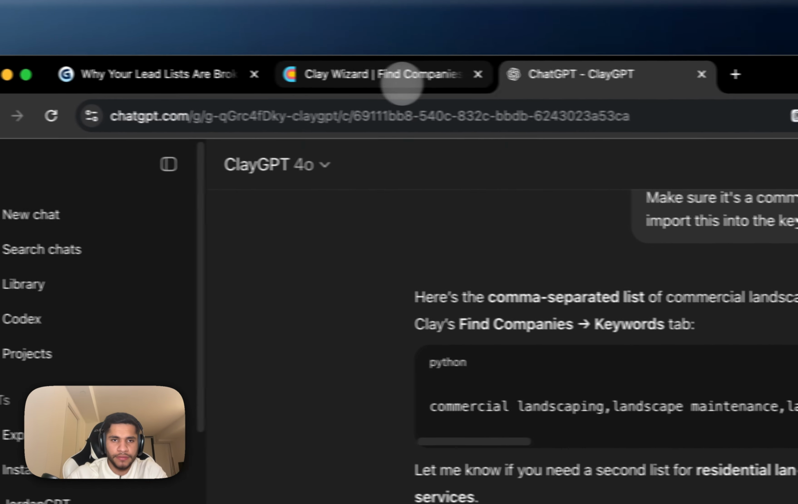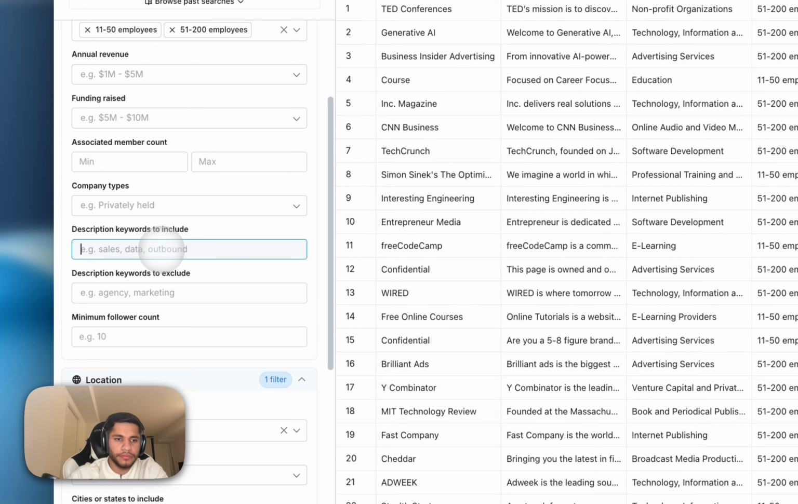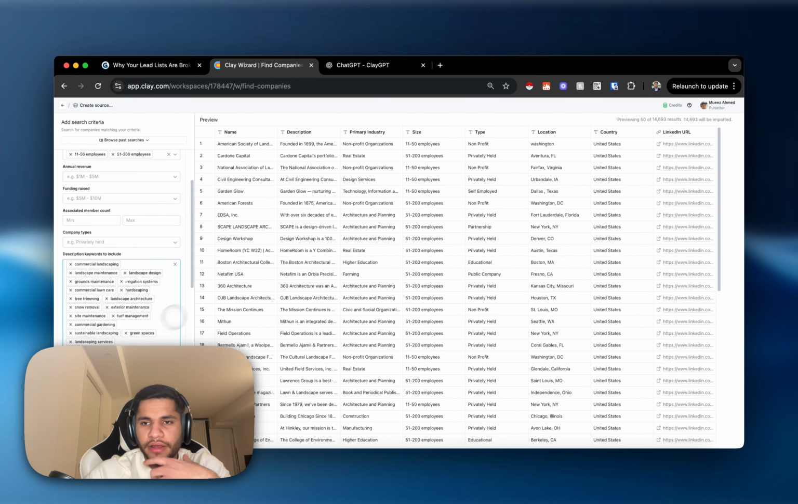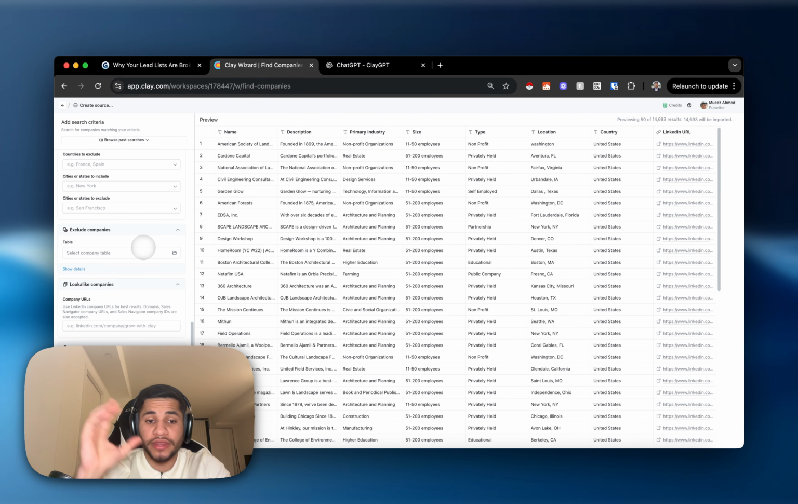So now if we copy this and go into description keywords, now it's perfect. So you can see it automatically did that. You won't have to manually put it in. And we can see we have 14,693 companies that fit the broader area of where we're going after in terms